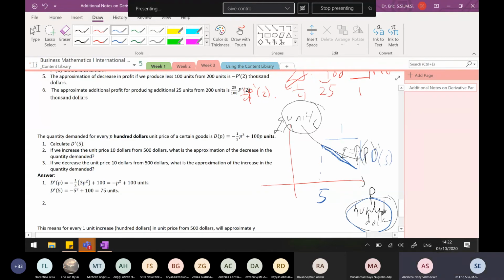Okay, yeah? For every increase in 1 unit of unit price, then the demand will decrease by,